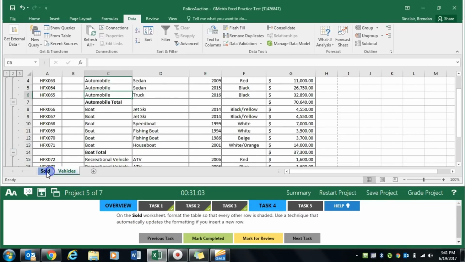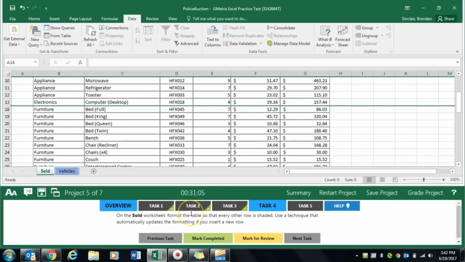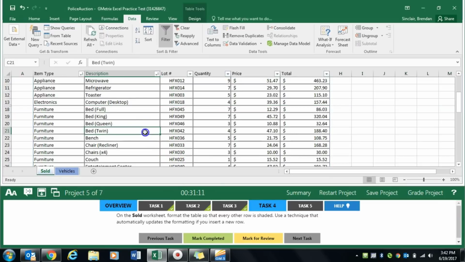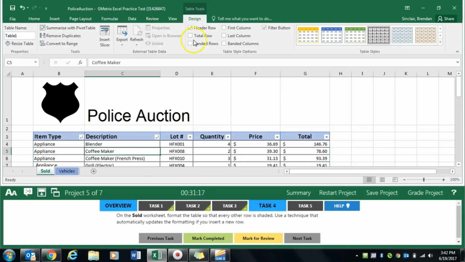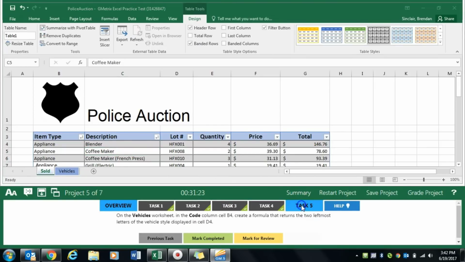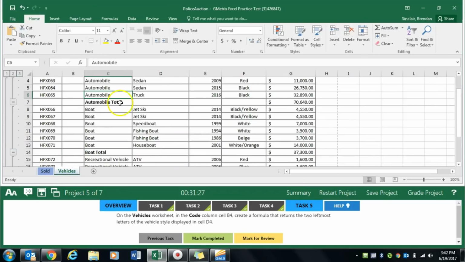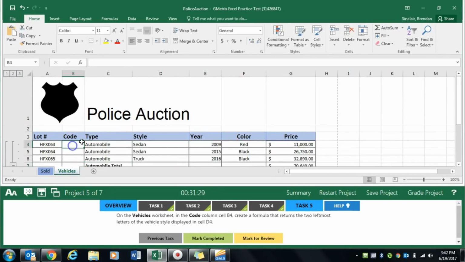on the sold worksheet. So we're going back. It's going to have us format this table so that every other row is shaded, and you don't want to do this manually. With your cursor in this table, you get the Table Tools Design, and all you need to do is click Banded Rows, and notice how it shades every other row. Click Mark Completed, and Task 5 asks us to go back to the Vehicle worksheet and encode this right here